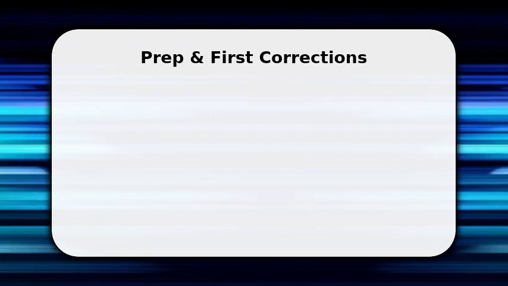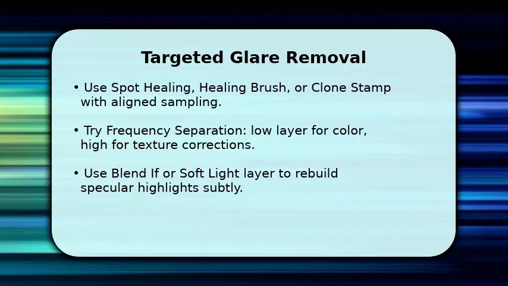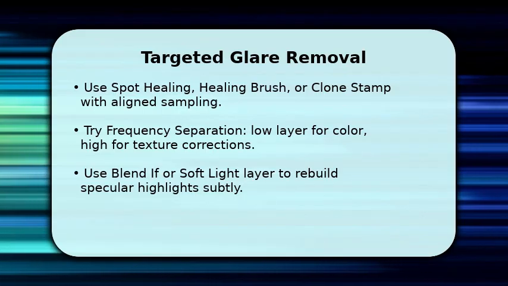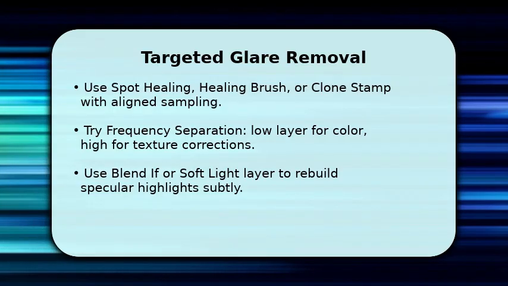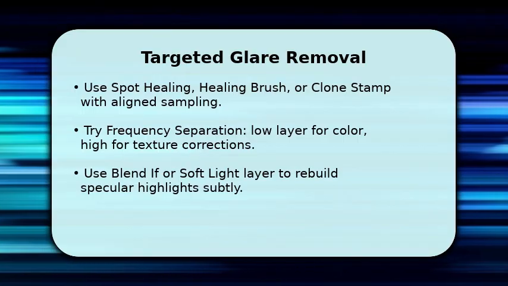Isolate the glare with a lasso or layer mask and choose the right tool: spot healing for small spots, clone stamp for larger reflections. For delicate areas, use frequency separation. Work on low frequency for color shifts and high frequency for texture. This preserves detail. Once done, blend corrections using Blend If or a soft light layer at low opacity to reincorporate